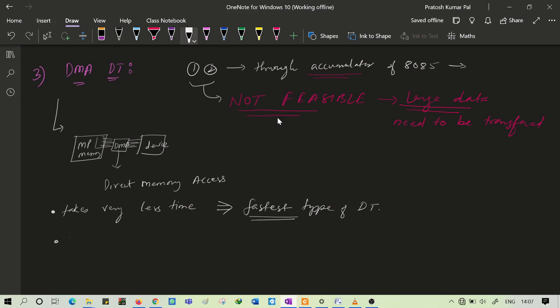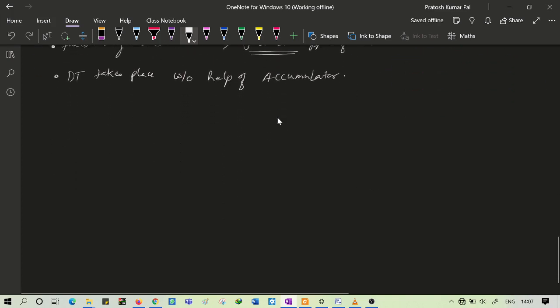And also here the data transfer takes place without help of accumulator, basically. So these are the different types of parallel input output data transfer.